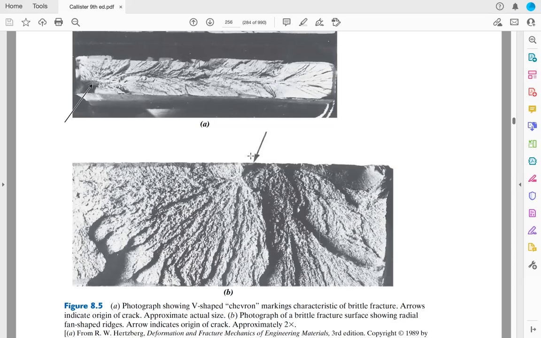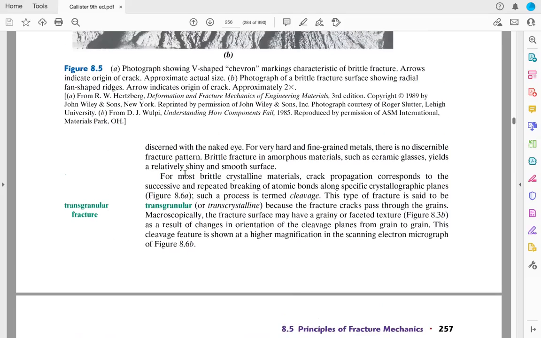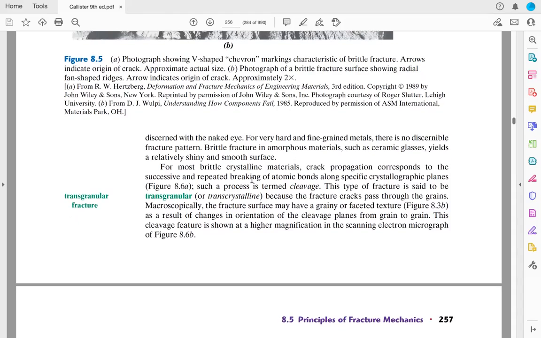So they can measure where the origin of the crack is, and then we can do a root cause analysis. Is it because of corrosion? Is it because of too heavy a load on that side, or was there a crack previously and it then fractured, and so on? For most crystalline brittle materials, the crack will propagate, retakan akan menjalar, and it can be transgranular or intergranular. Transgranular means